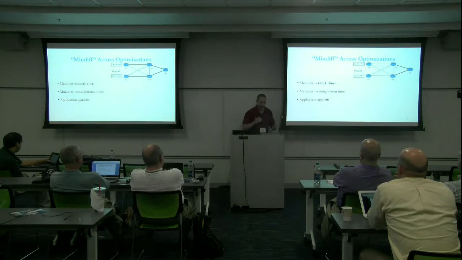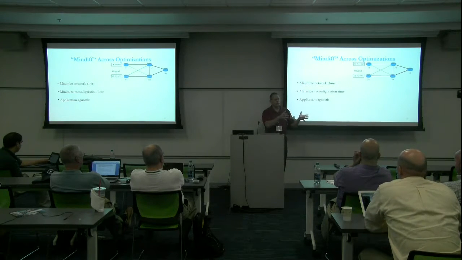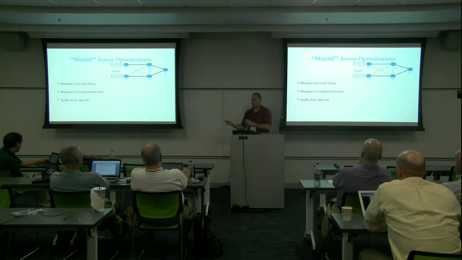piece that allows you to take in as an input what your previous current posture is, your current routes and so forth, and use that in the optimization goal to say, look, I want to weight not only optimality of the answer for, you know, minimizing the link load or whatever, but in addition, I want to equally weight, with equal priority, the goal of not changing everything, right? I don't want to cause my network to lurch like that.